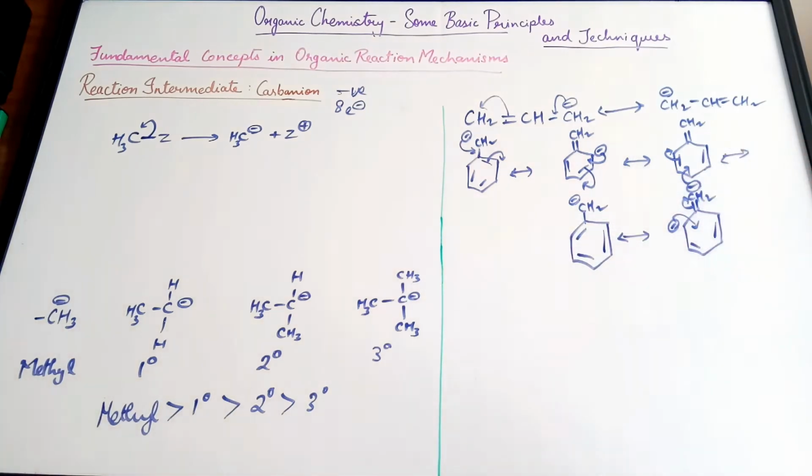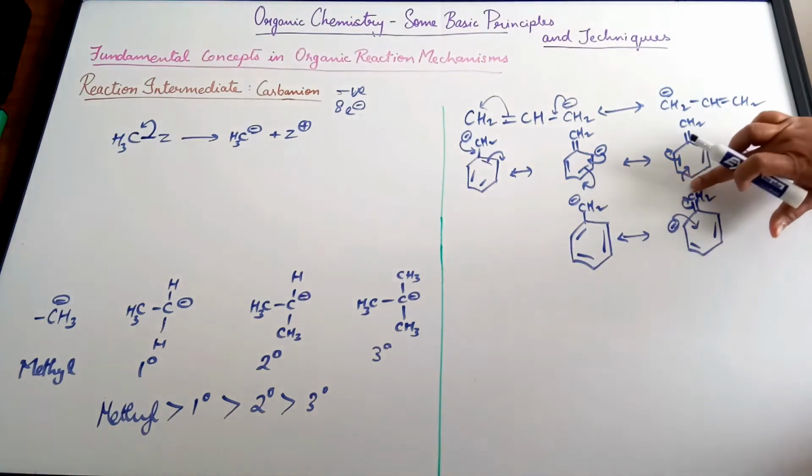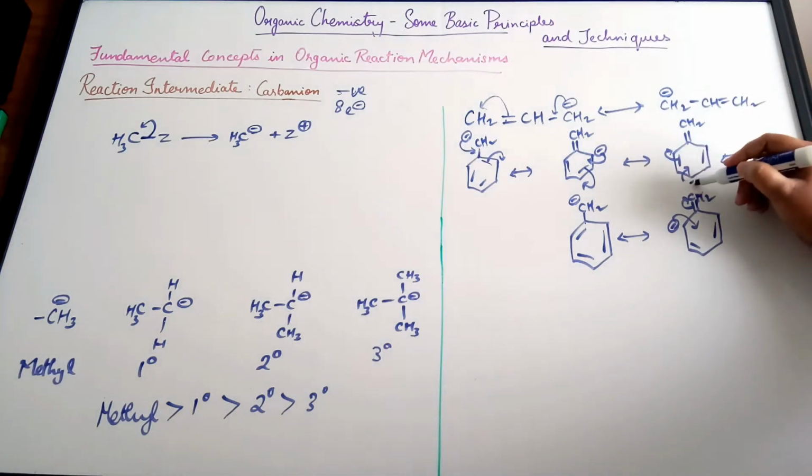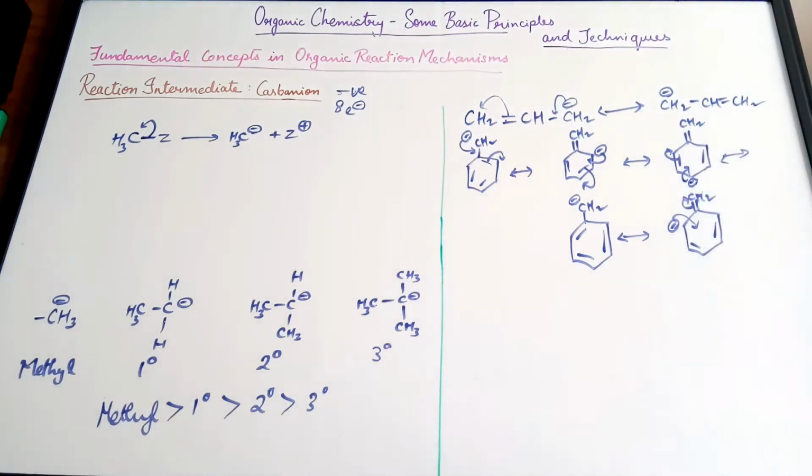I'm assuming you already watched the video which we did, where we learned about how to draw resonance structures and what are the various steps that are involved. So our benzyl and allylic carbanions are stabilized by resonance. The next one is, obviously, if there are certain groups like